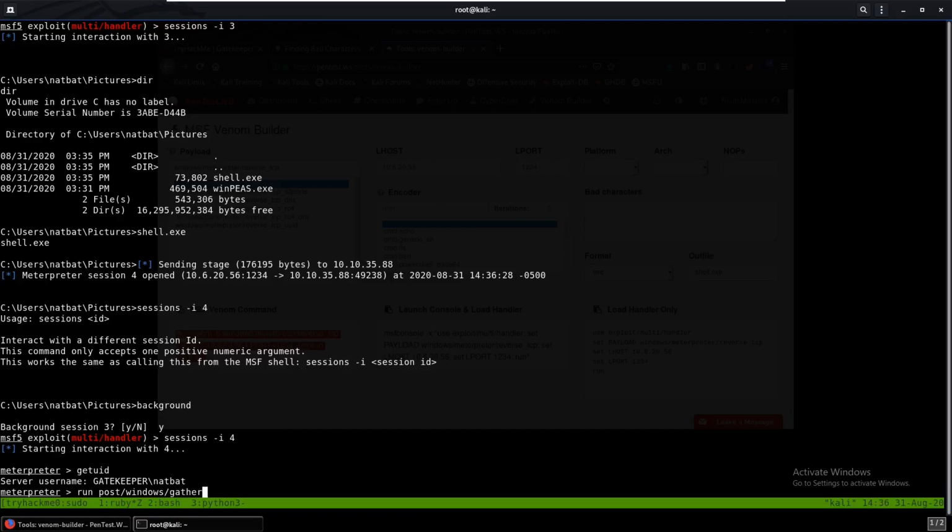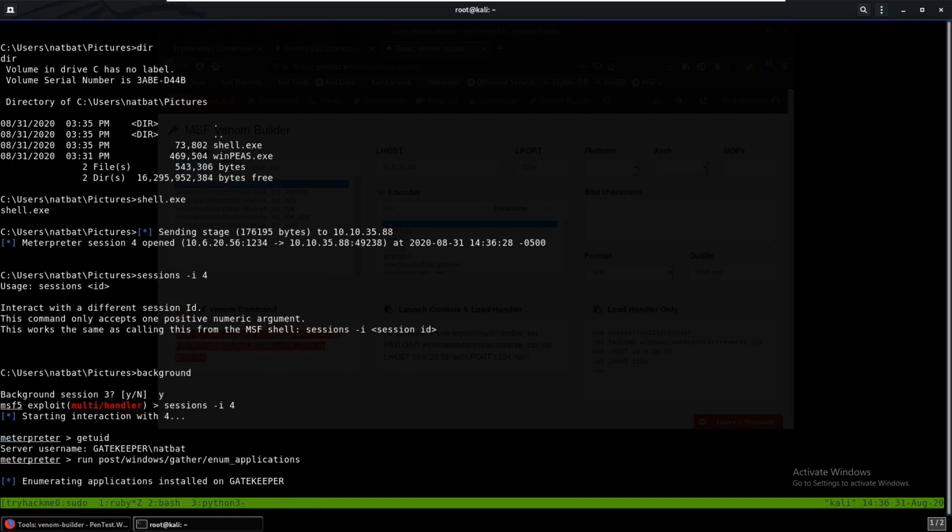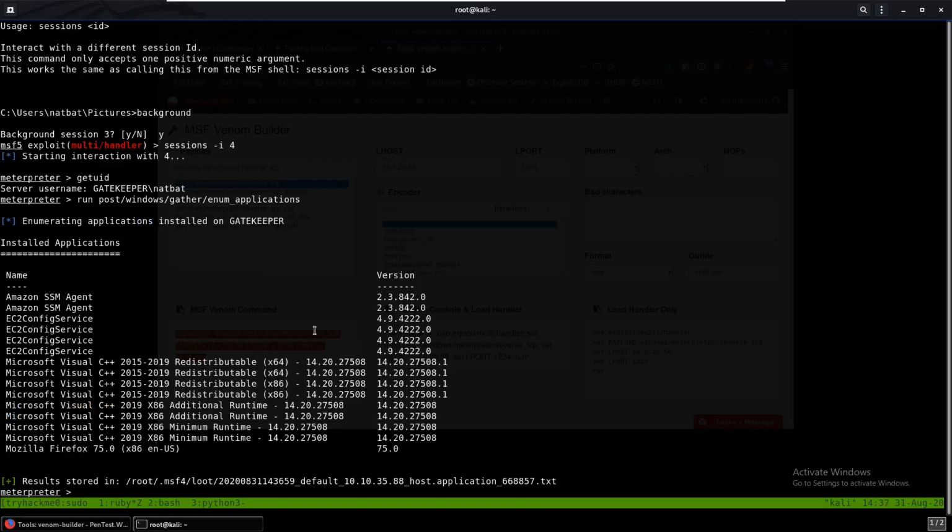So when we run post windows gather enum applications. Now it's enumerating applications installed on Gatekeeper. Alright, and we actually got something back. Alright, what's most interesting right now would be